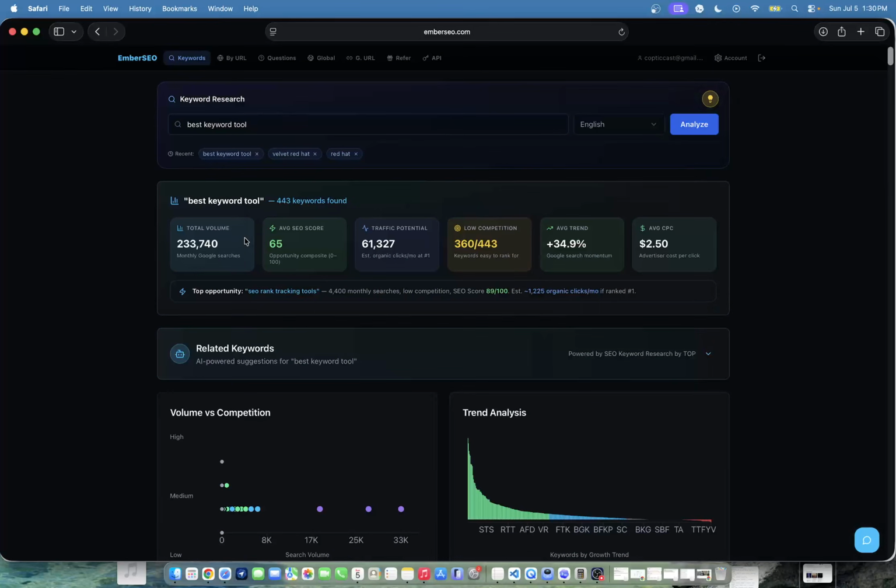For me, Ember SEO just makes sense from a financial standpoint because it costs $9.99 a month. And it is just as good as something like an SEMrush from a keyword perspective, or something just as good as an Ahrefs from a keyword perspective. The only difference is, I think Ahrefs is over $100 a month. I think it's like $129, and then if you paid for the full suite of SEMrush, it's well over $300 a month. But if you paid for just the keyword tool, I think it's like $179 or $139. I don't remember the exact price.